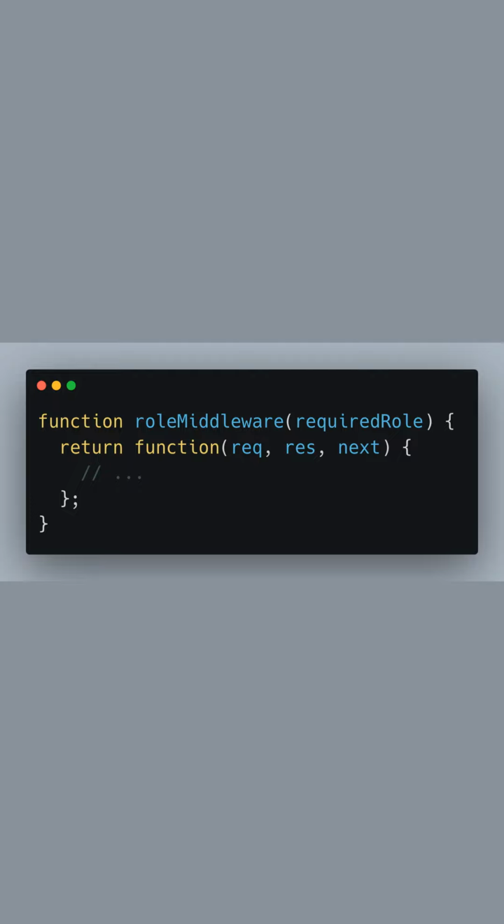Next, we define a middleware function called roleMiddleware. It's designed to accept a required role parameter. This function will create a closure and return another function that Express middleware expects, taking req, res, and next as